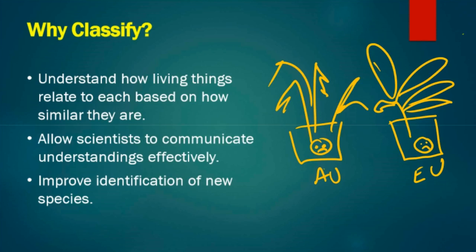Now, in science, it helps us from many different perspectives. Not only about similarities and differences, but it allows us to communicate effectively with each other. There's a classic example I remember from years ago. Scientists were trying to communicate between Australia and England about plants under water stress. They had diagnosed that each of these plants had water stress, and they were trying to share data so that they could use each other's learnings about water stress to help the other. However, none of the data matched and they couldn't figure it out.